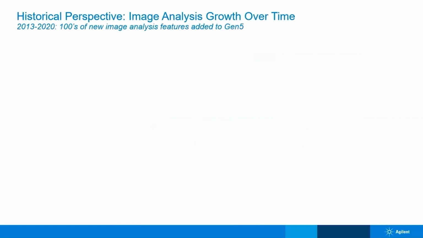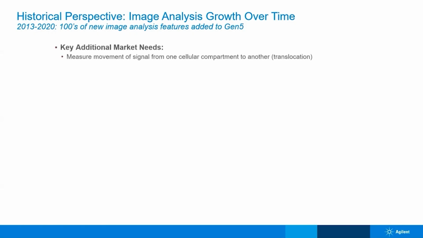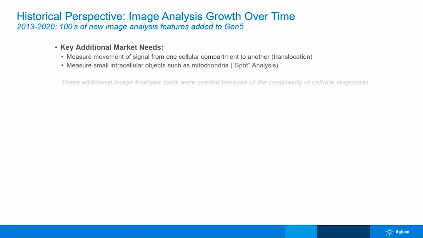As we have improved our image analysis and our imaging products since 2013, we've added hundreds of new image analysis features into Gen5. Now, I don't have time to speak through all of those, so I want to focus on 2 key areas that have really been high value. The first is the ability to measure multiple cellular compartments, like both the nucleus and the cytoplasm, so that you can measure movement like translocation. The second is measuring small intracellular objects, things like mitochondria that show up as small objects or spots in a